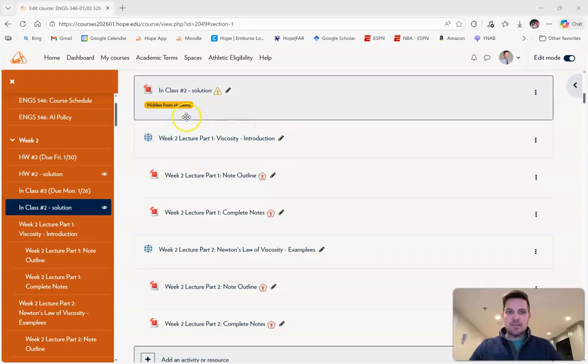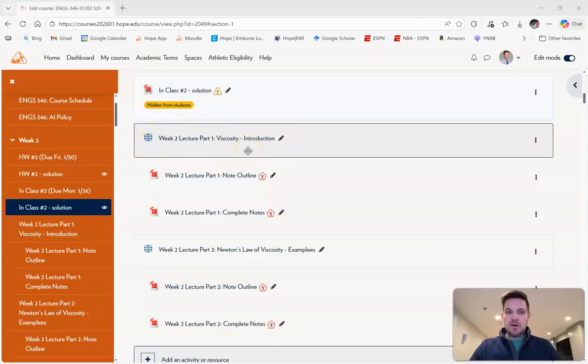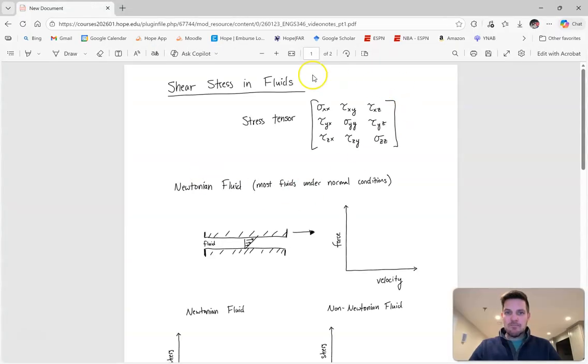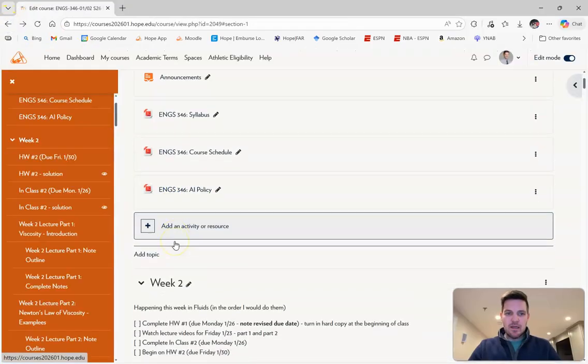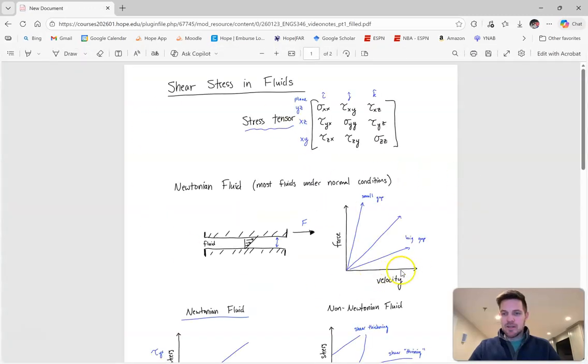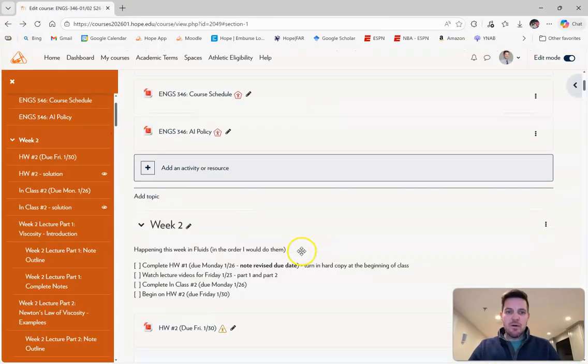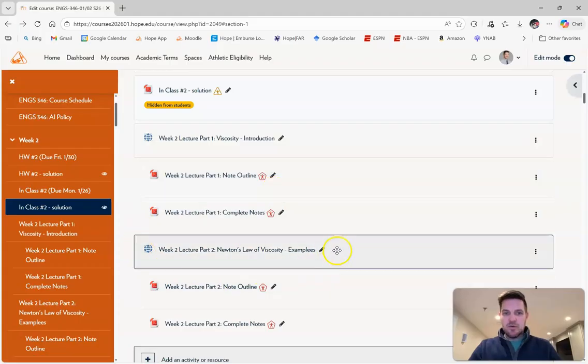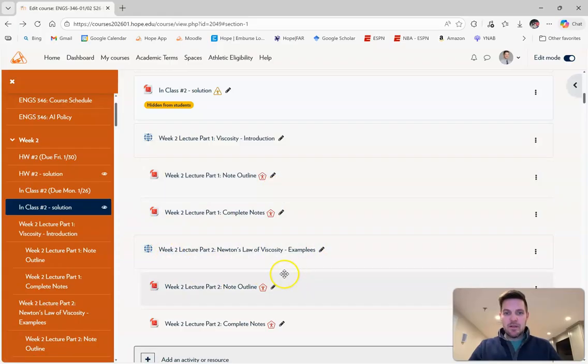The first one is part 1, an introduction to viscosity. Down below it you'll find a note outline, if you want to print this and follow along. There is also a filled out version with my extra notes and scribbles as well. You're welcome to use either of those however you see best, as well as watch the video and follow along with that. Then part 2 of this lecture is doing an example